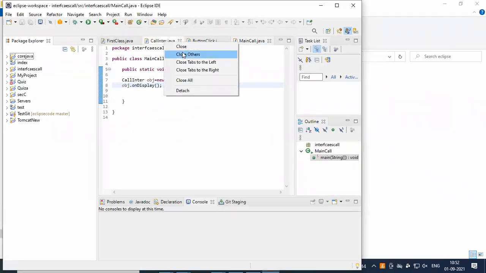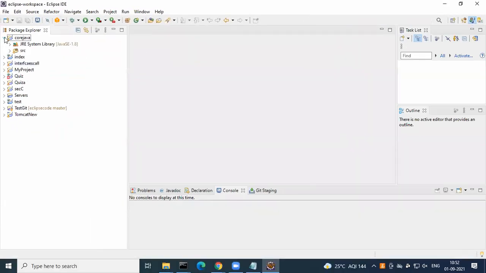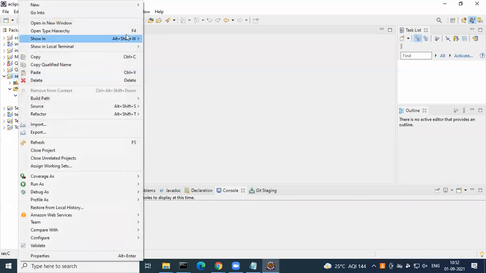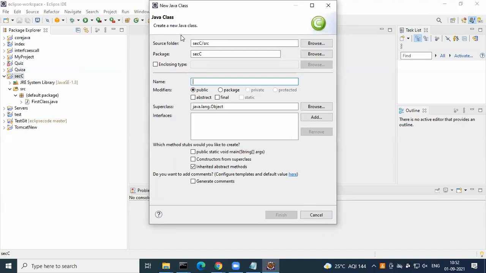So let me close everything. Okay, I'm again going to this section. Now I'm just going to create a new class, inside a package. I'm just going with the default package as discussed. Right now there is no package. We are going with the default package. Now the class name which I'm writing is